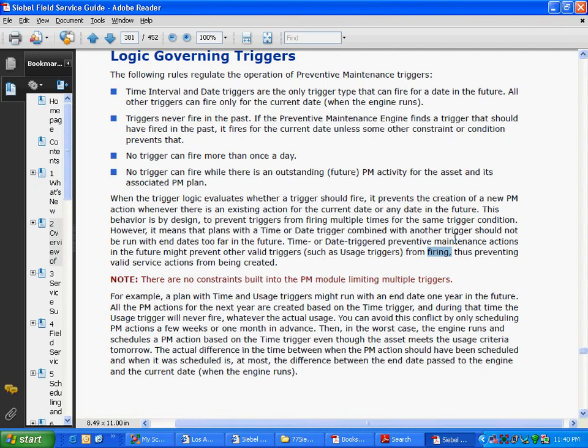So the important thing is, all these rules are about making sure that valid service requests get generated and invalid ones do not. If you're changing any of these logics, you have to make sure that you don't end up creating an engine which generates invalid requests or which does not generate valid requests. Basically, this is the engine functionality. These are some of the constraints with which the engine is designed, so that out of the box it is like this. That's what he's trying to say.